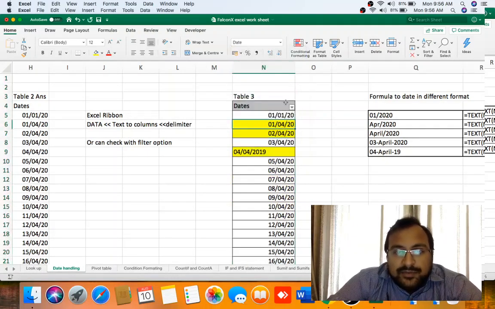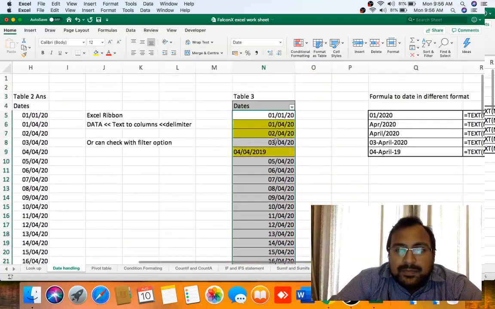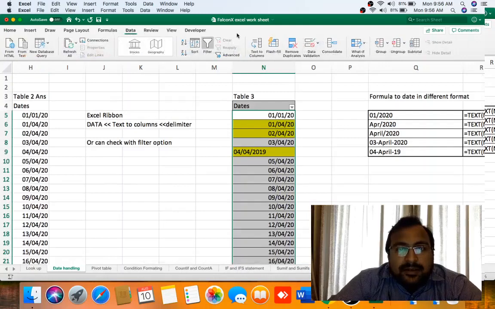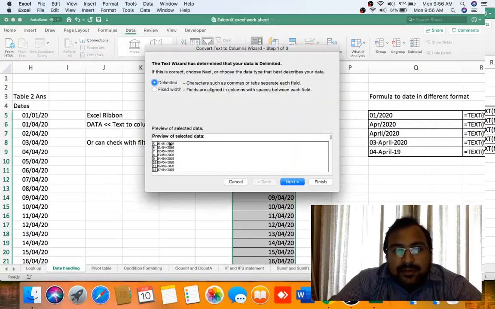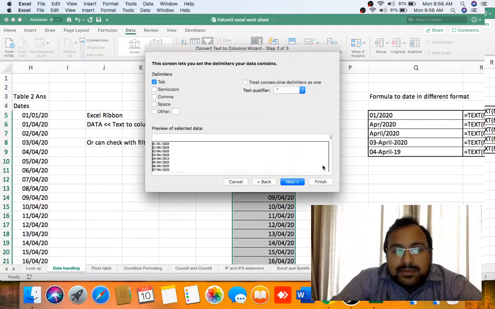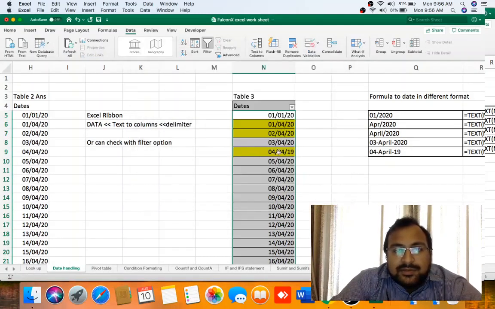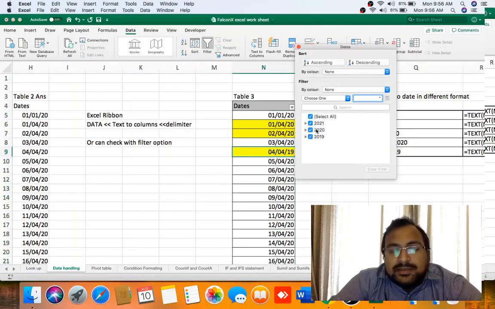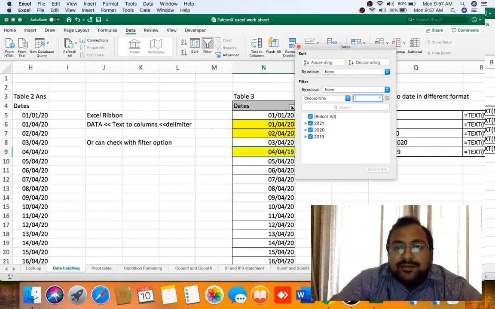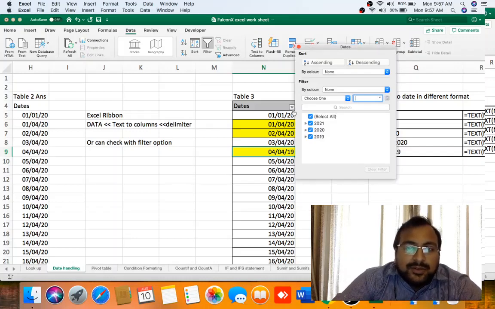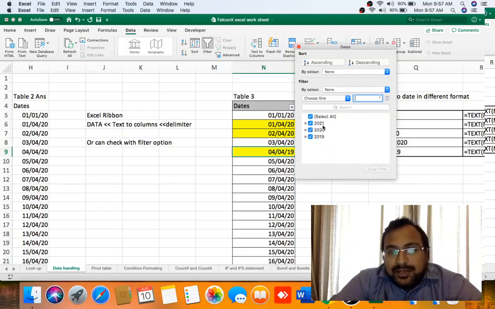Now second, which we want to select, only select the date part, Data, Text to Columns, Delimited, Next, DMY, Finish. As you can see, all dates got rectified in this column. This is the easy and best way of identifying whether the dates are in proper format or not. If they are in proper format, it will club itself, otherwise it will not club.